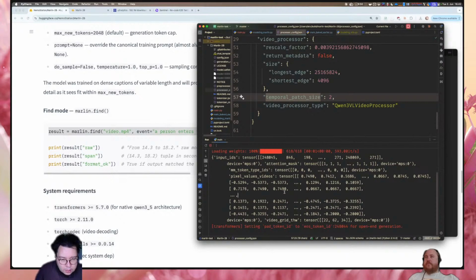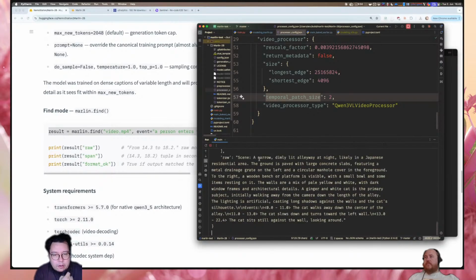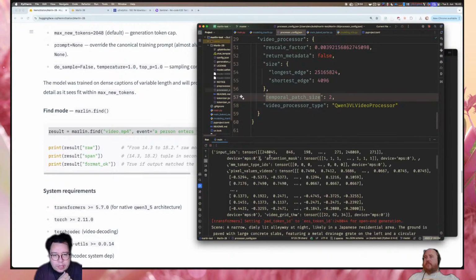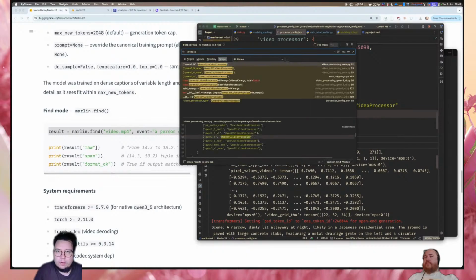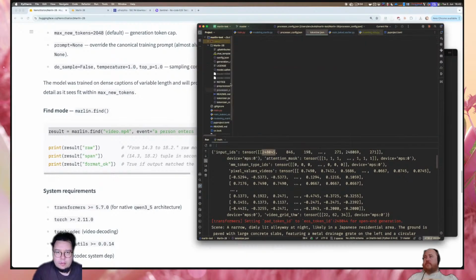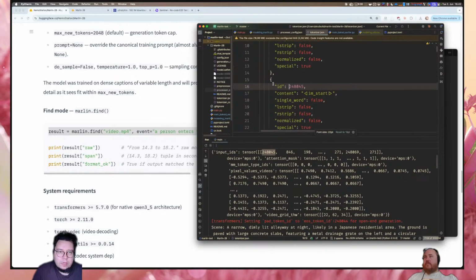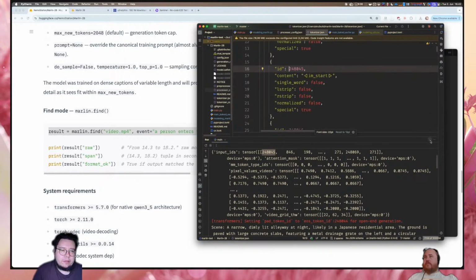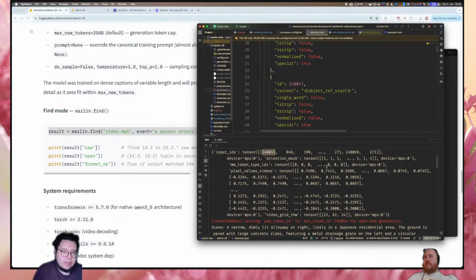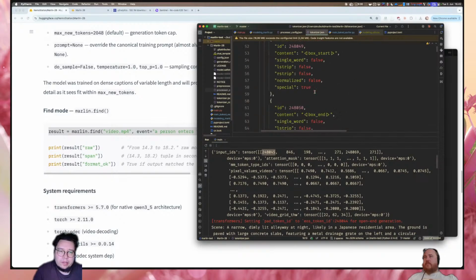I can't see the number of patches we get, but I think it was somewhere around 1,000 patches, 1,000 vectors per frame. So if we look at the tensor here, we're not seeing all of it, but basically, it's IM start. So it's the basic, here starts a message token. Then we have IM end, and what we can't see here, but we do know from our earlier tests,